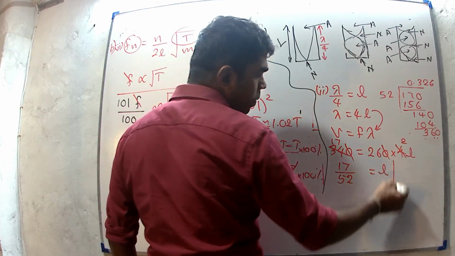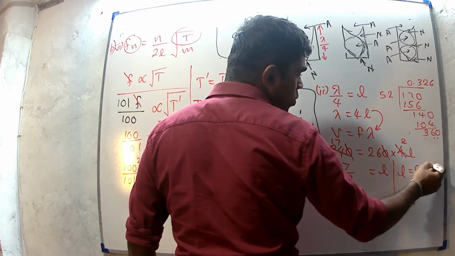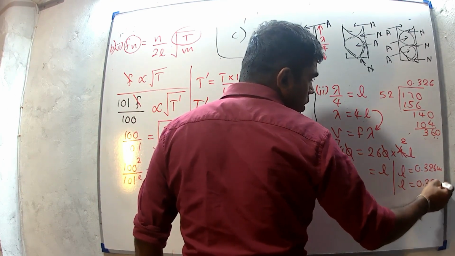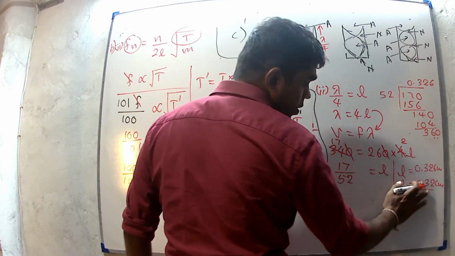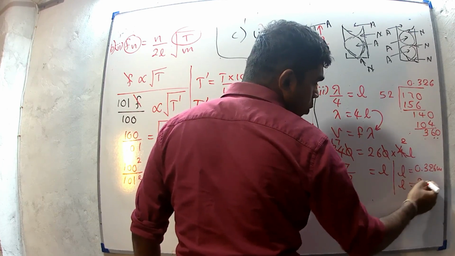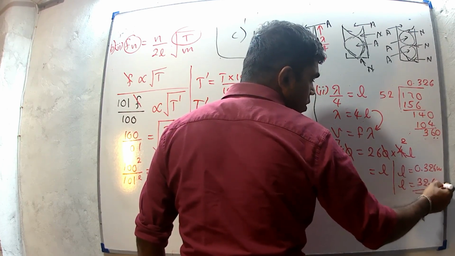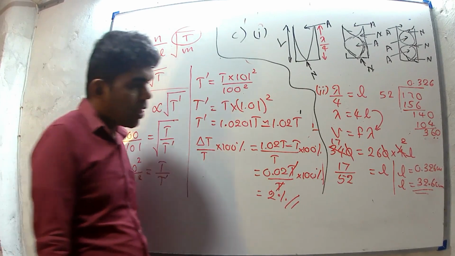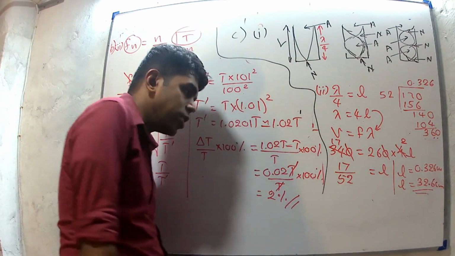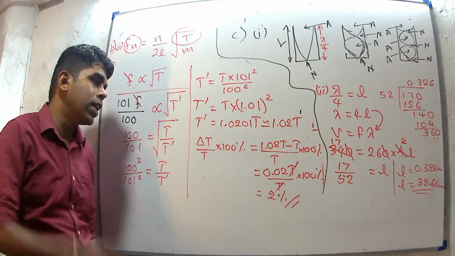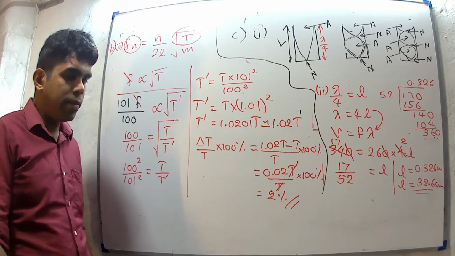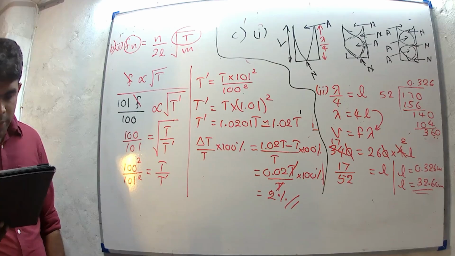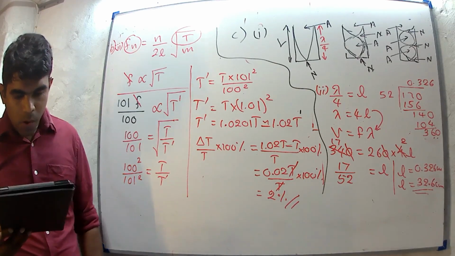Now, the length should be 0.326 meters. We can write it as 32.6 centimeters. When considering the next decimal place, 32.69 is the answer. Therefore, you can write 32.6, or correctly rounded off, the value 32.7 centimeters. Then we have to find the corresponding length for